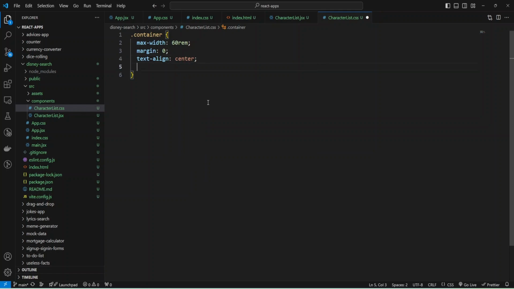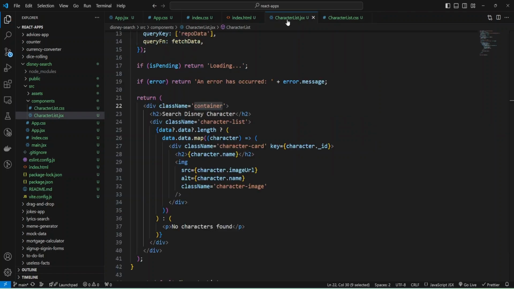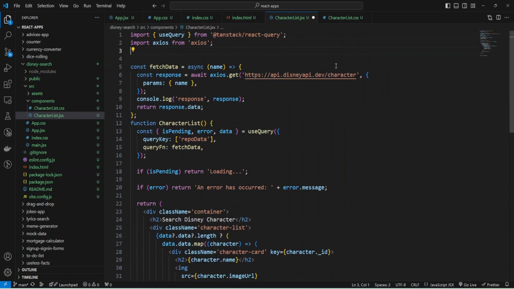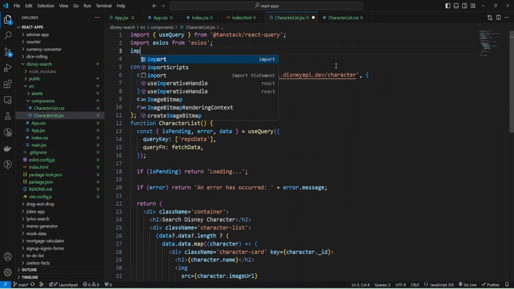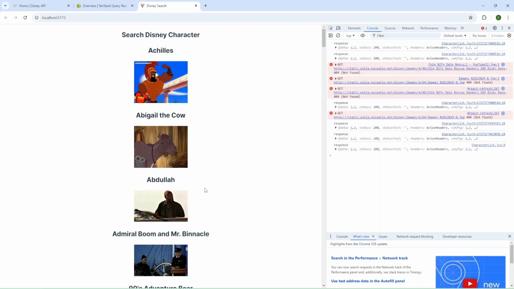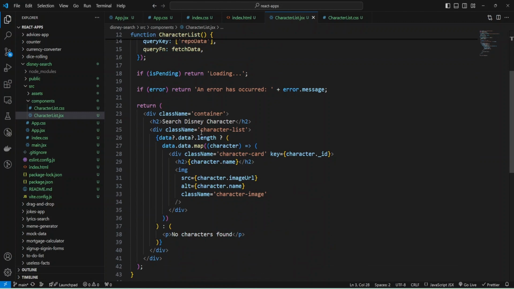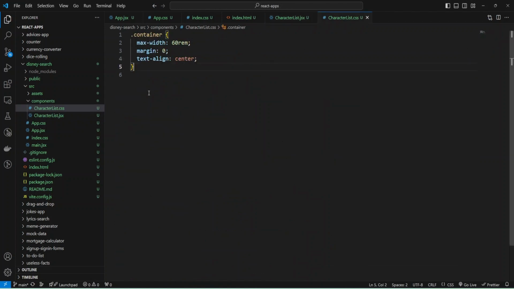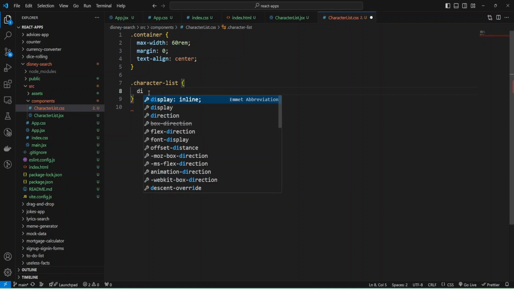And okay, let's add styles to our JSX with import, and provide character-list CSS. I'm going to save, and let's check what we have so far. And we have the styles for the container, and let's add styles for character list. Okay, and we need to make display flex.